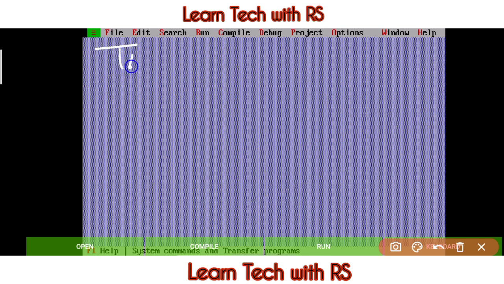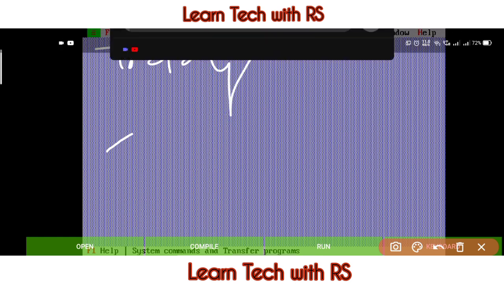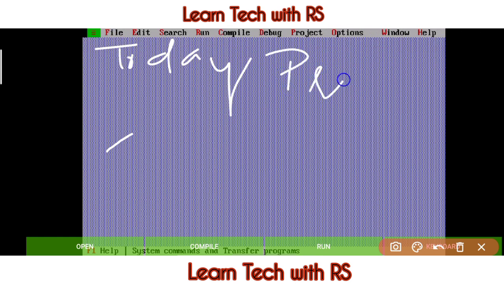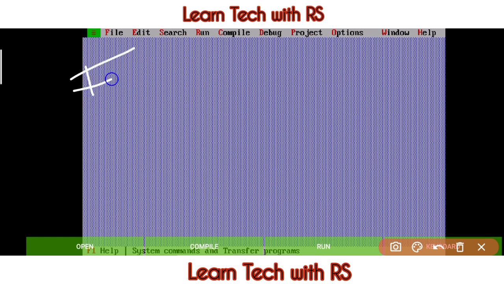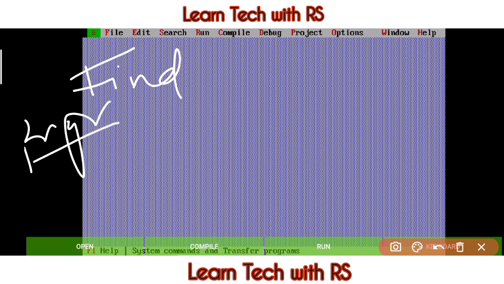So today's program will be to make a program to find the area of a rectangle.